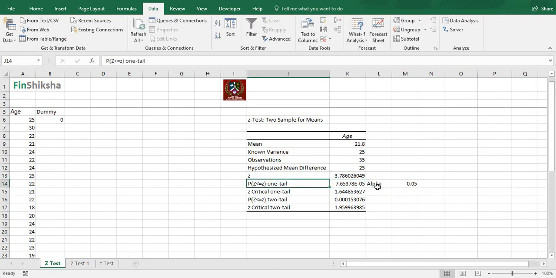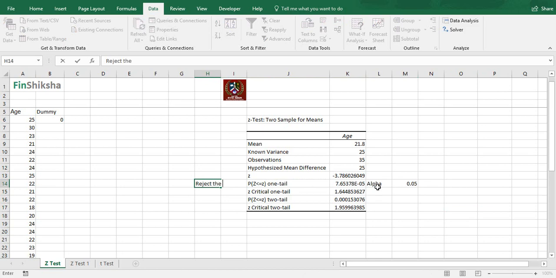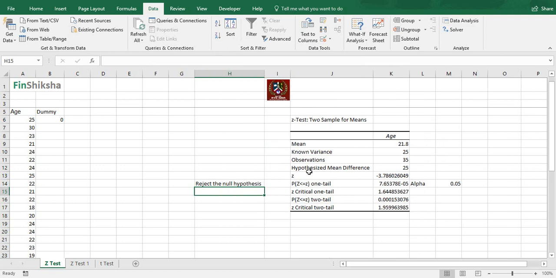So if my p value is less than alpha value, then I can reject the null hypothesis, which is that my mean age is 25. I can reject that. Now let's check what is the p value and the z value. I can reject on the basis of z value as well.